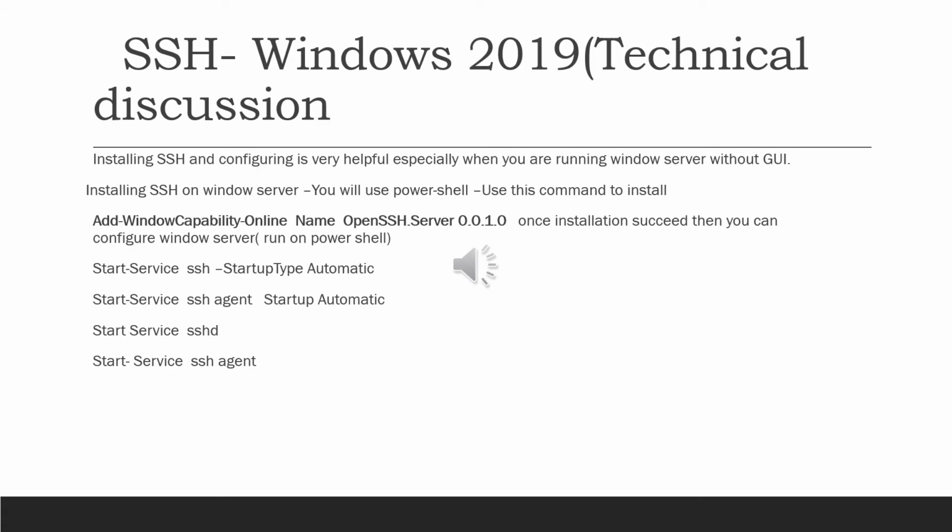In this slide, I will discuss the technical aspect of SSH in Windows Server 2019. First, you'll need to install SSH by using PowerShell. PowerShell is a configuration management framework from Microsoft, which consists of a command line. So we'll install SSH by typing Add-WindowsCapability -Online -Name OpenSSH.Server